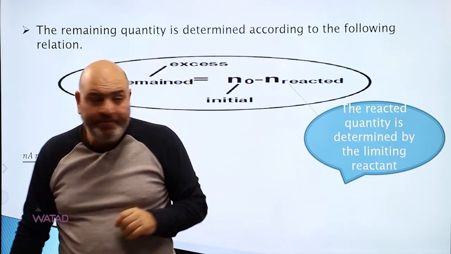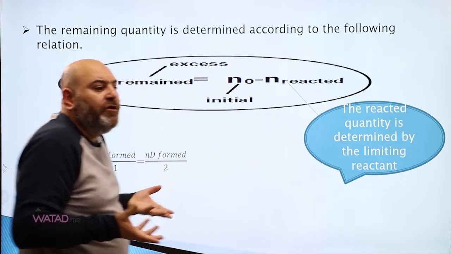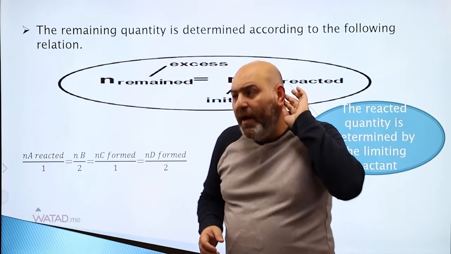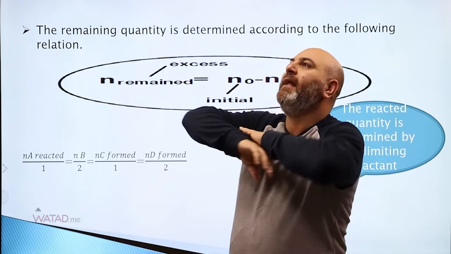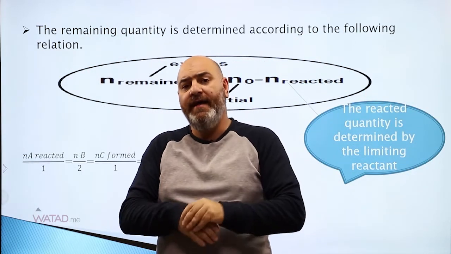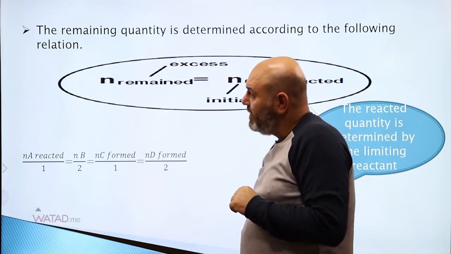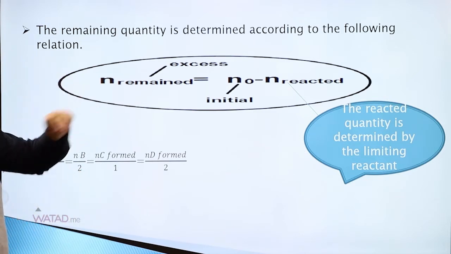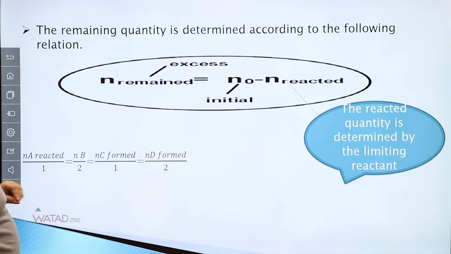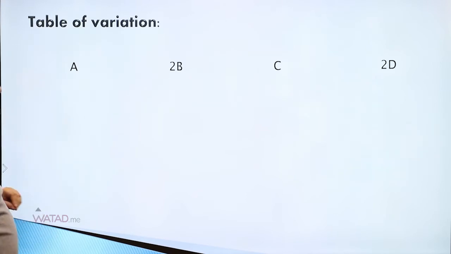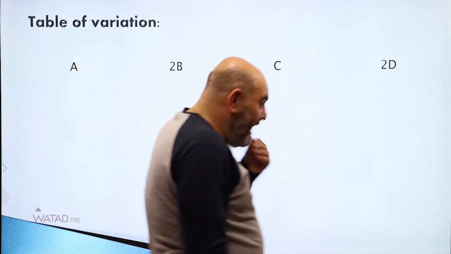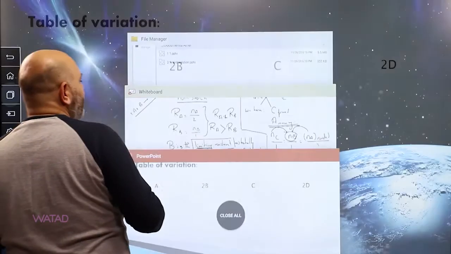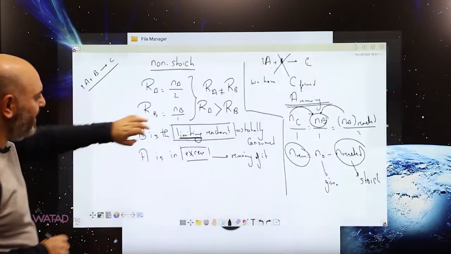And this is how we find the composition of the mixture at any time or at the end of the reaction. Once you hear the term composition, يعني determine everything at the end of the reaction. The last concept for today will be how to find this composition but using something else, using the concept of table of variation. هلا, before I continue, let me introduce quickly this term, and then we will summarize and finalize